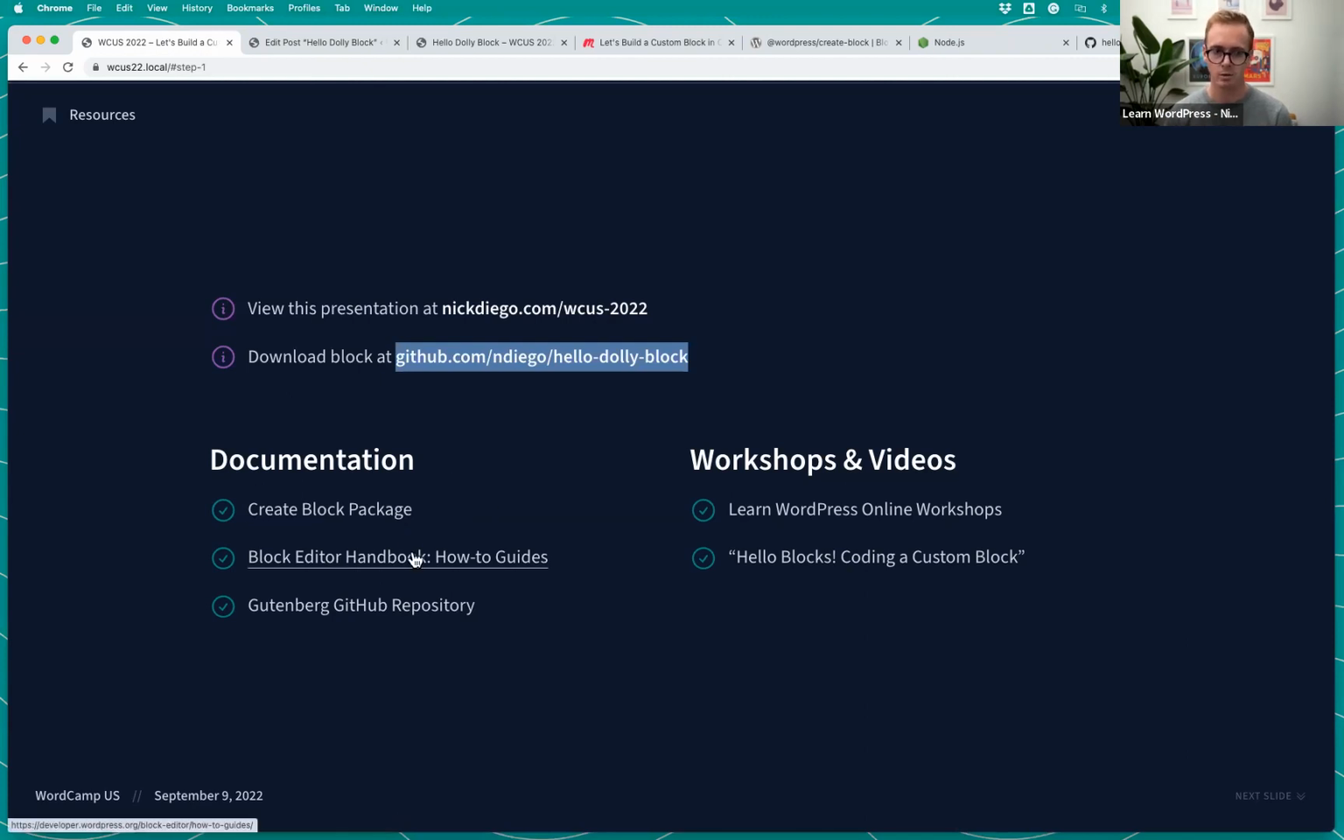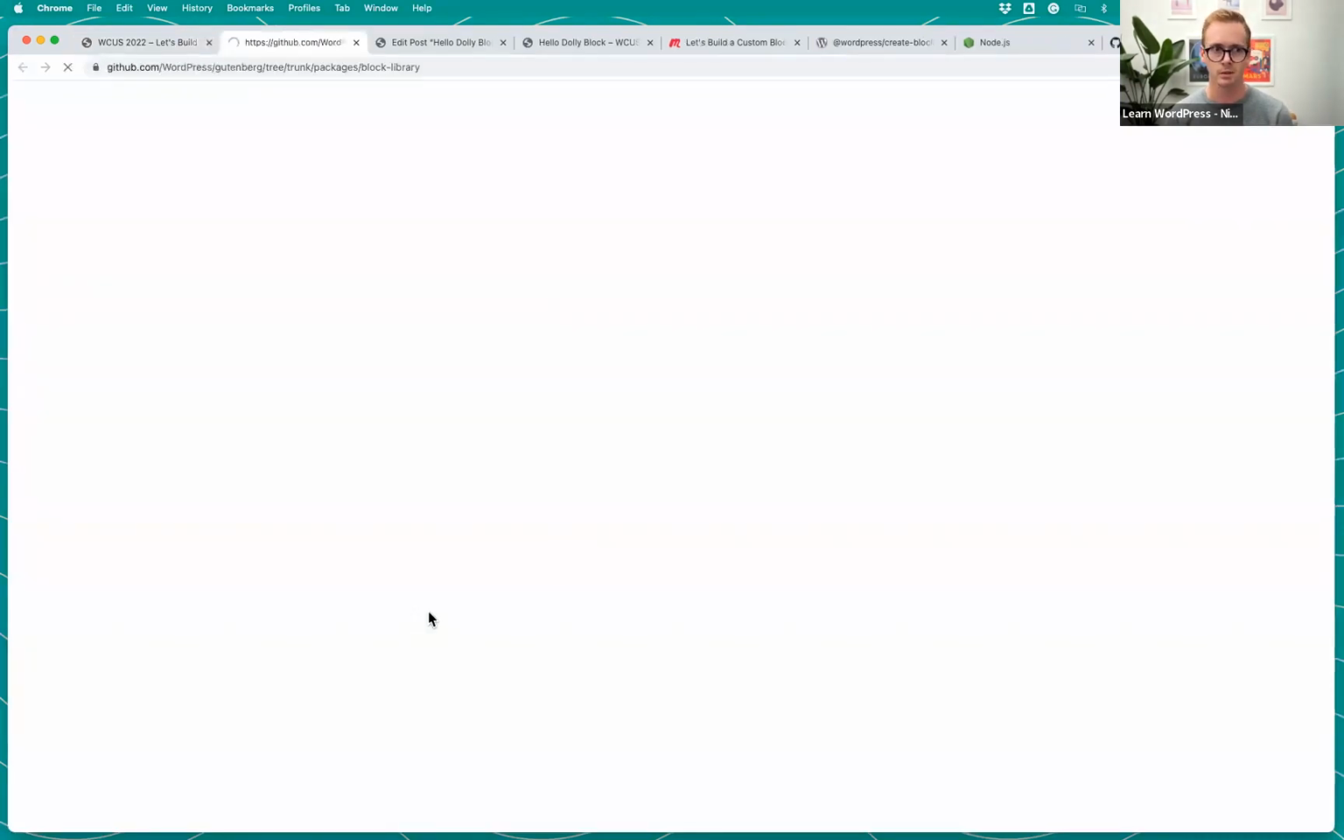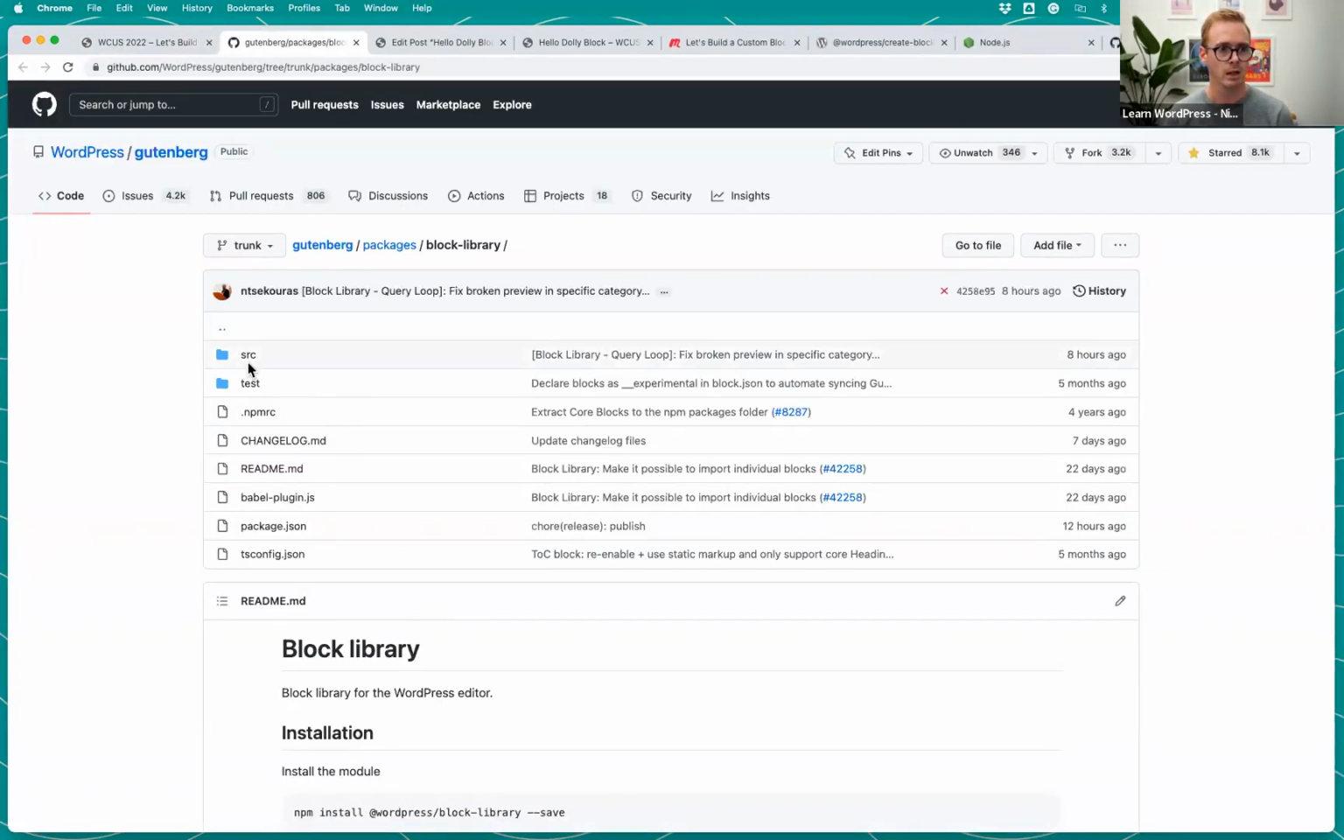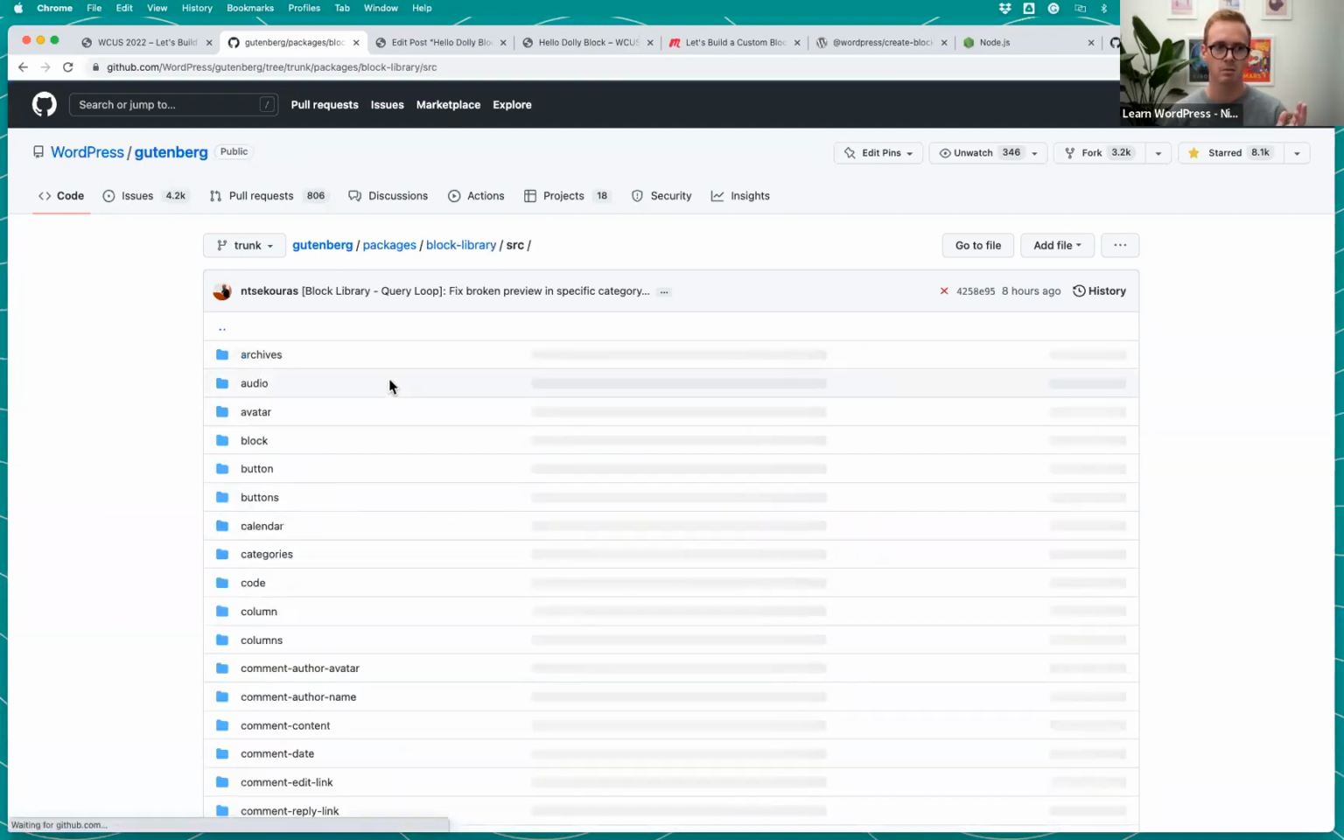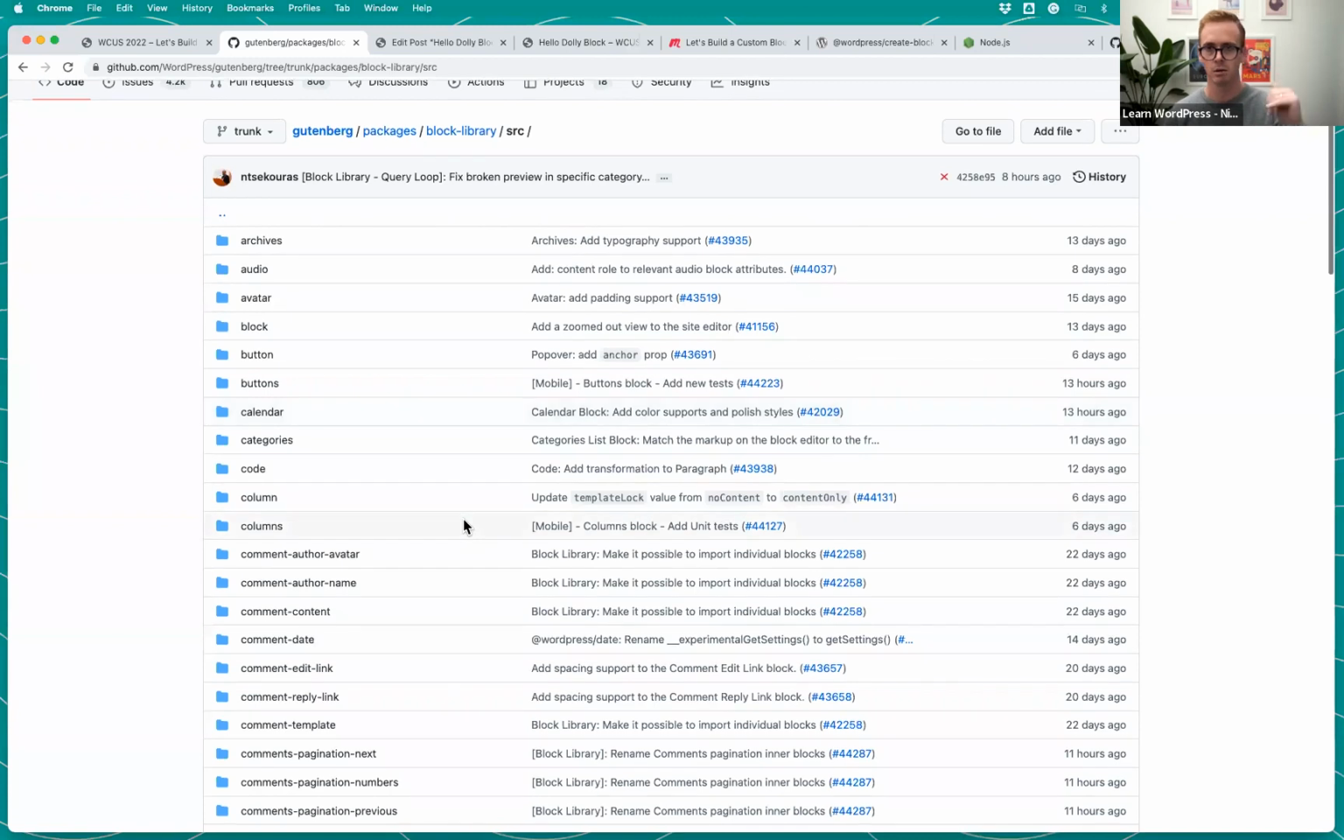There are some great how-to guides. These are all linked on the presentation on my site. But the one I really want to stress is the Gutenberg repository, the GitHub repository, and the link in there goes directly to the block library. Inside of the block library, in the Gutenberg package, in the Gutenberg repository, are all the core blocks that are